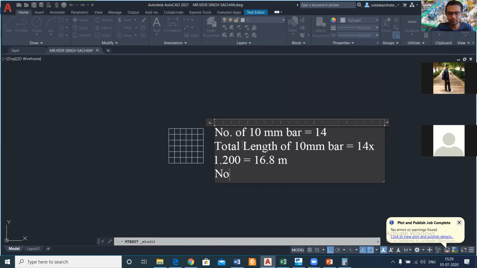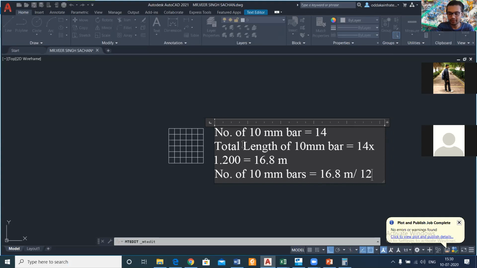So if you want to construct this footing, how many 10 mm bars you need to procure or buy? Number of 10 mm bars equals to the total length of one particular reinforcement we had discussed. I'm just telling it again and again because I want it in your permanent memory.